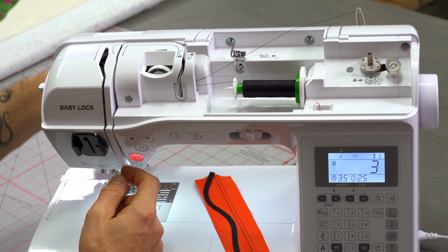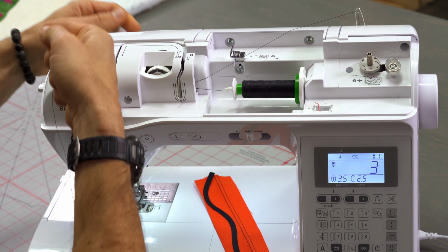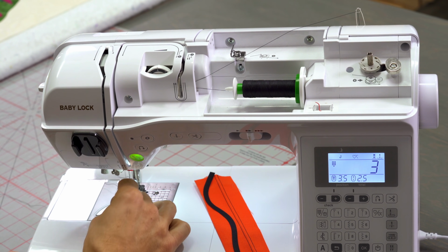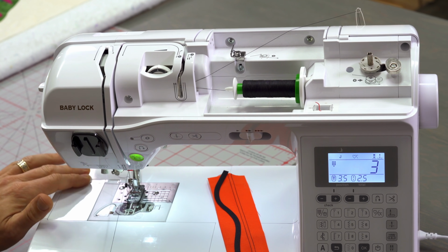Oops, my presser foot was down, so let's make sure we lift it back up. And I could feel that the tension wasn't right on my thread. And now we come back around and I can feel that I have a nice squeeze on that thread. We're going to bring it all the way down to the clip right above the needle. That's a real important one. You want to make sure that these